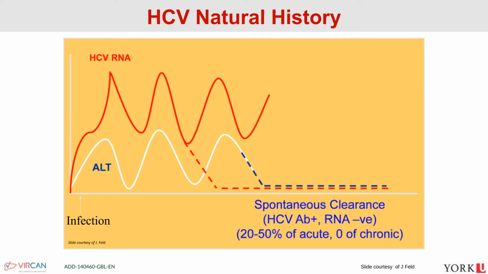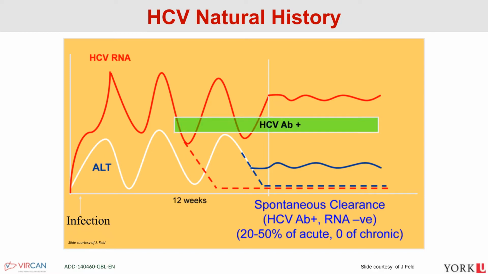20 to 50% of these folks actually do go on to clear the virus, so they clear acute infection, and many then go on to become chronic, and when they are chronic, have leveling out of that viral RNA as well as ALT. At the 3-week mark, this is when we'd recommend people be tested for Hep C antibodies, 3-month mark after exposure. So 12 weeks after exposure is when we'd first look for antibodies after a new infection.